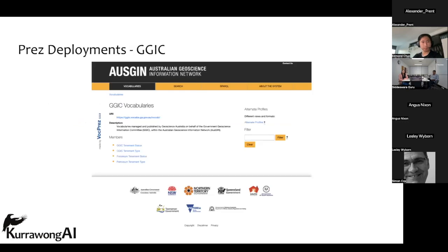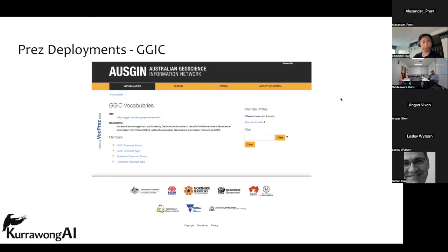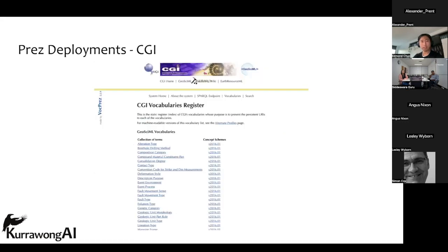Probably just some showcases on PRES deployments. That's the open source software that I mentioned earlier. I'm only mentioning this because a lot of this, if you need to publish it, you do need to be technical, I guess. You can publish it through Research Vocabularies Australia, or if you do want to publish it in